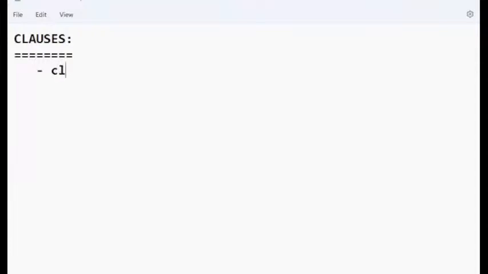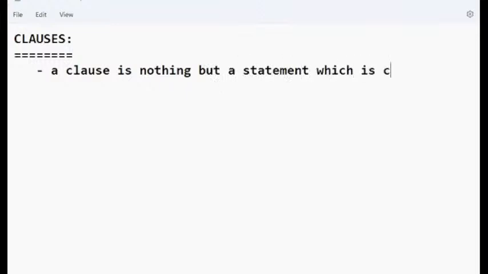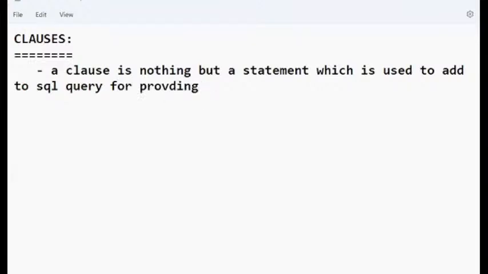Okay, so a clause is nothing but a statement which is used to add to an SQL query for providing some facilities,